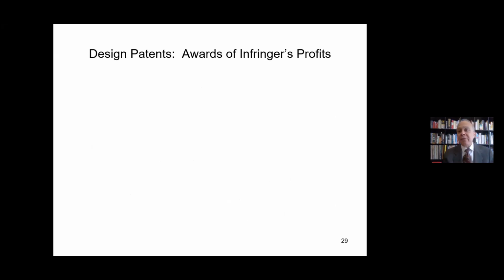So this is a remedy that is available in the United States for design patents, but not for utility patents. And that's different from much of the rest of the world, where an award of the infringer's profits has long been an alternative avenue for relief in both design and utility patent cases. Also, many countries don't call these things design patents. You might call them design rights or industrial design rights, but in the US, these types of rights are placed within the patent statute. It's a type of patent for a novel design.